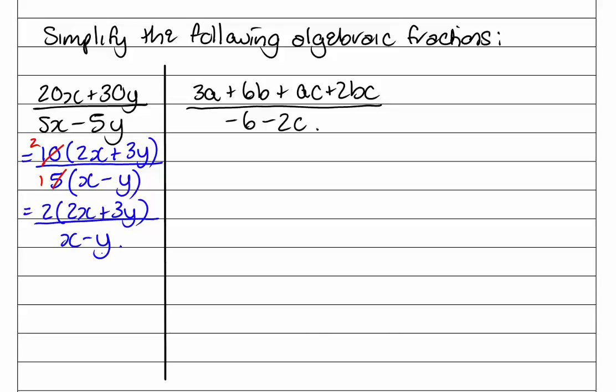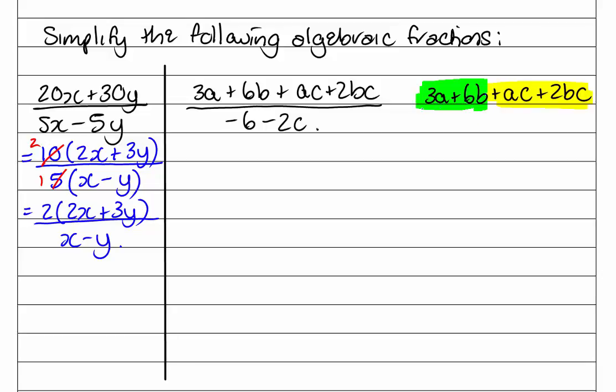Now the next one, we have 4 terms at the top, so we're going to have to group here. So off to the side, I'm going to write my 3a plus 6b plus ac plus 2bc. And normally you can group them 2 and 2. So to start with, just look at those two. And then you look at those two terms. And we're going to factorise each of them. So to start with,